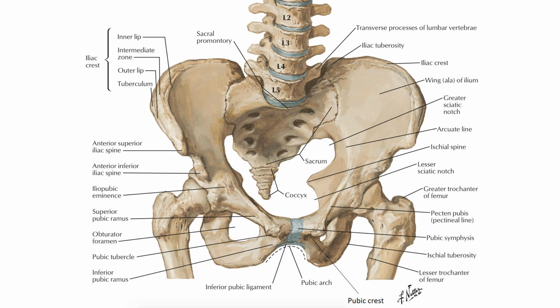There are some bony landmarks also which should be discussed here. To discuss this, next slide about these ligaments. We already know this is the anterior superior spine, this is the pubic tubercle, and the line inferior to this is known as the pectineal line, which is in continuity with the arcuate line.